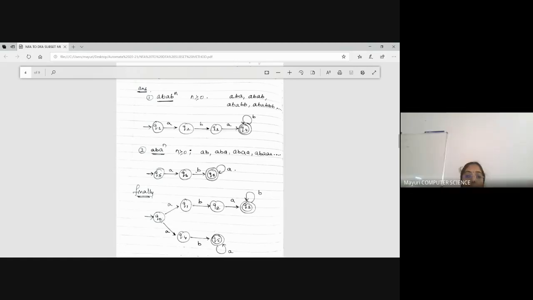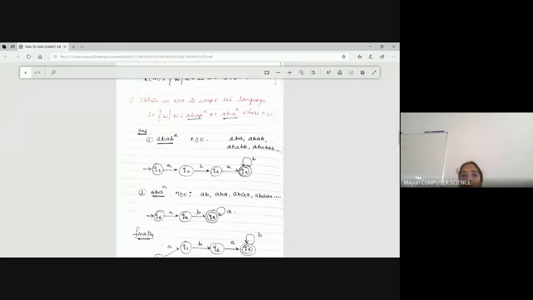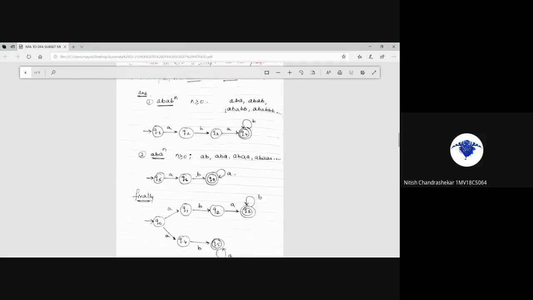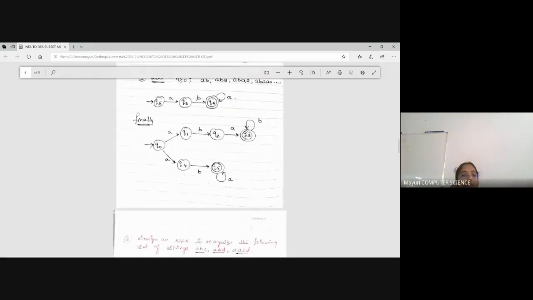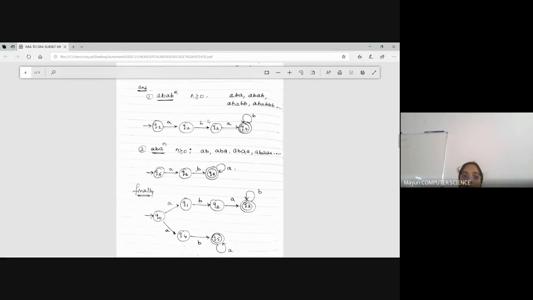Oh, okay. Because from Q naught, on A, it goes to Q1. On A, it goes to Q4. See, it's going to two different states on the same input. Yes, ma'am. So this behavior itself telling you that it is NDFA. It's very simple actually, because it is given R, right? My job is, anyhow the string starts with A only, but later the pattern differs at the end. So I have taken two different paths. One goes to this, one goes to that. Okay, understood. Separately I have written initially. Then I am combining. That's all.